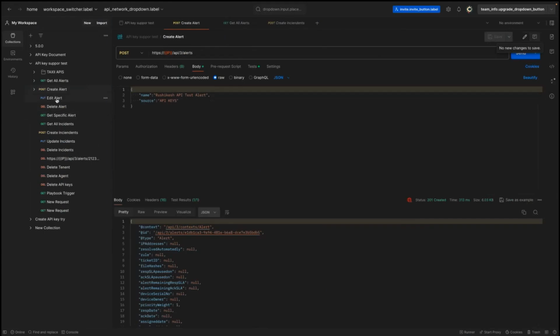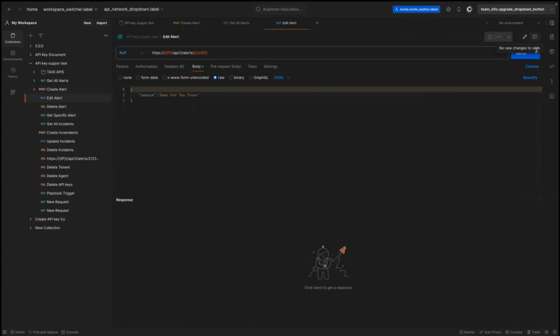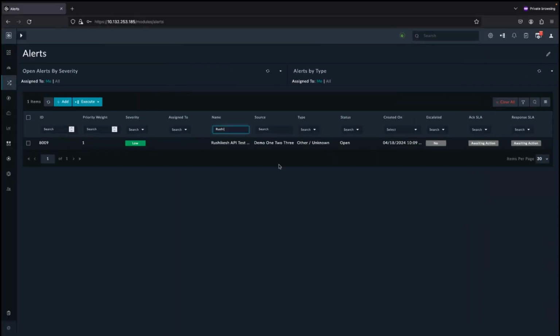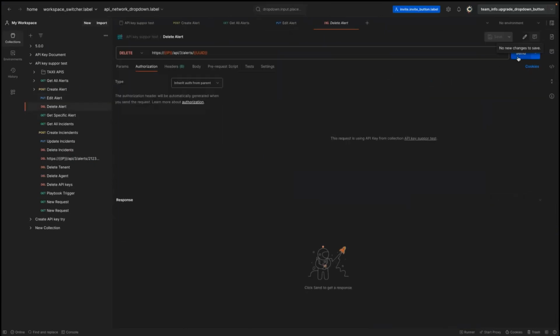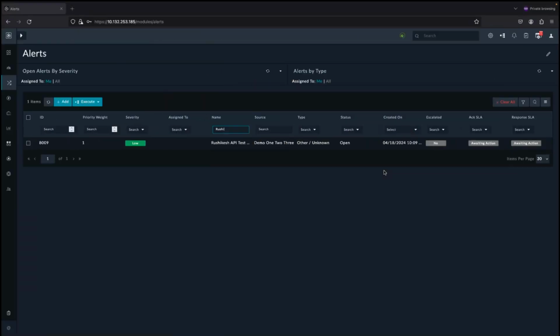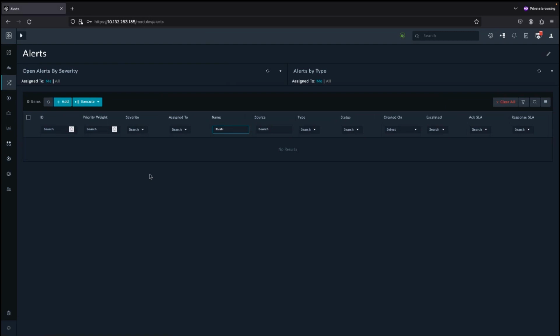Then you can also edit it. We are changing the source now. The source has been changed, you can see. Similarly, we can delete this same alert. This is just a basic RBAC from the FortiSOAR side, and it will follow team hierarchy as well